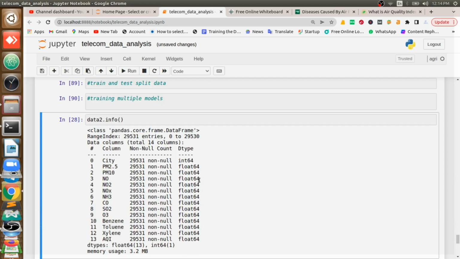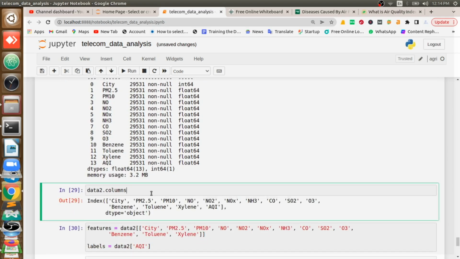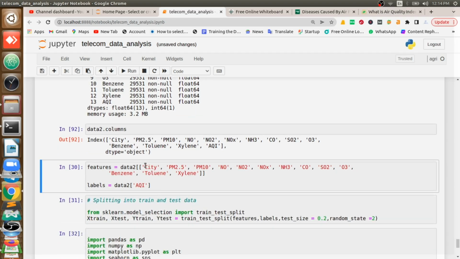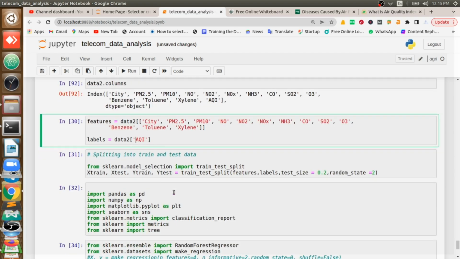So what are the things we have done till now? We have done it for the purpose of feature selection. It means what are the inputs we need to predict the air quality index. We need to train the model. So as per our research or our analysis, we understood that all these gases are much concerned when it comes to air quality index. They are the main features. We can't neglect any gas, so we consider all of them as our features. Okay, so our air quality index feature is our output.